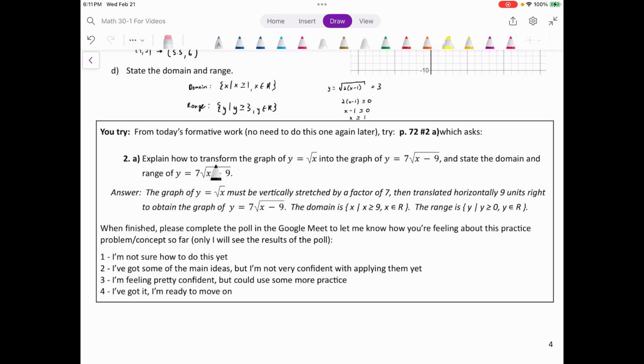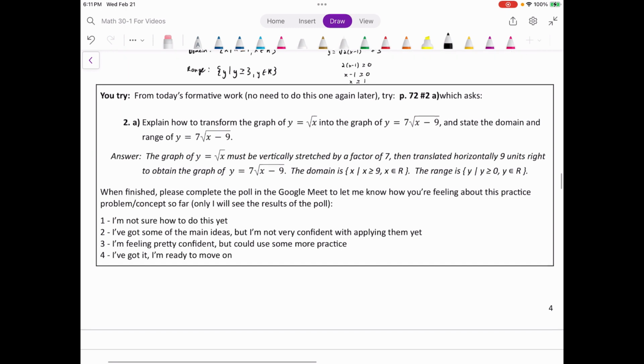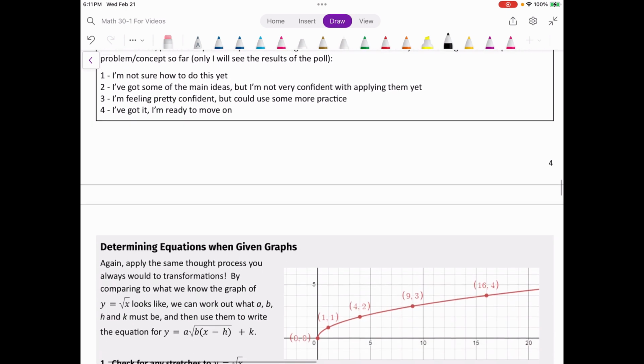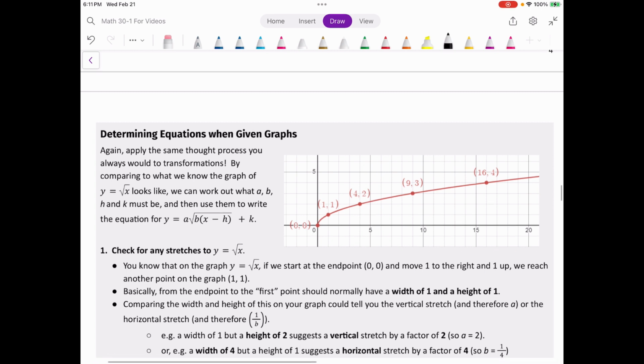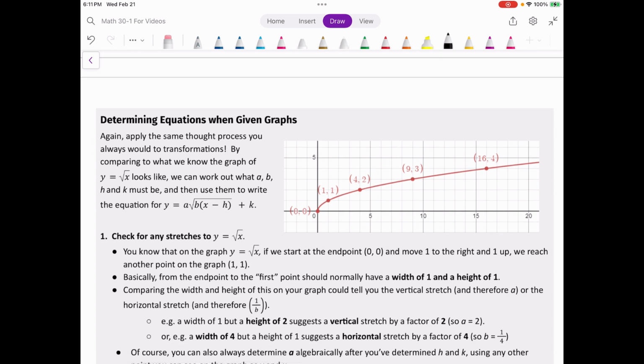But asking how to transform the graph of y equals root x into the graph of y equals 7 root x minus 9, and also state the domain and range. So go ahead, give that one a shot, and when you're finished, we'll move on to determining the equations when given the graphs. So flipping this around, instead of going from equation to graph, how do we go from graph